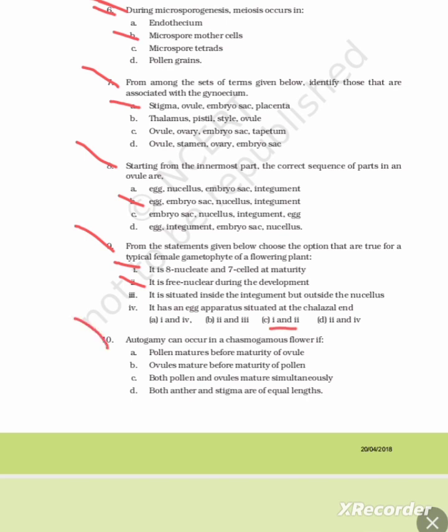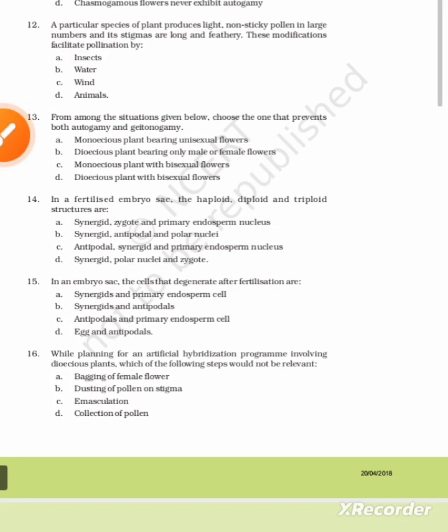Autogamy means self-pollination occurs in Chasmogamous flower. In Chasmogamous, self-pollination occurs only if both pollen and ovule mature simultaneously. Let us go to the 11th question. Choose the correct statement from the following. So in the given option, Cleistogamous flower always exhibits autogamy. Self-pollination is the right statement because Cleistogamous flowers are closed flowers and they have only one option, that is